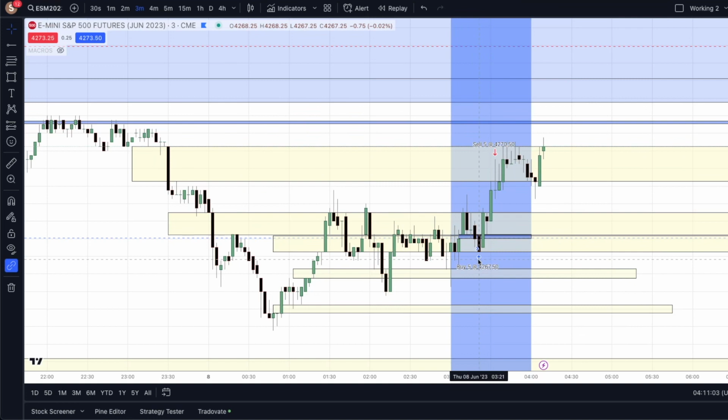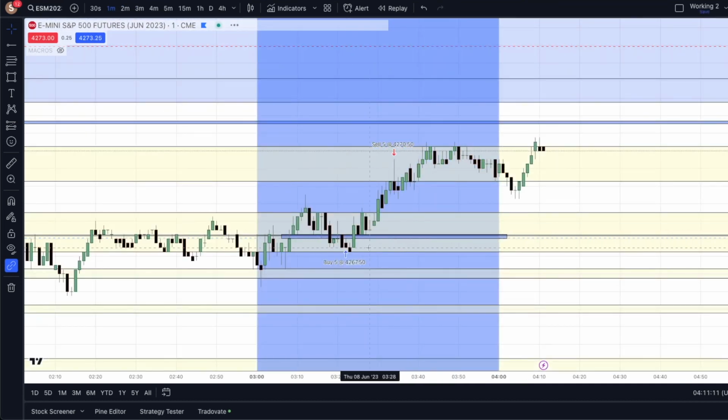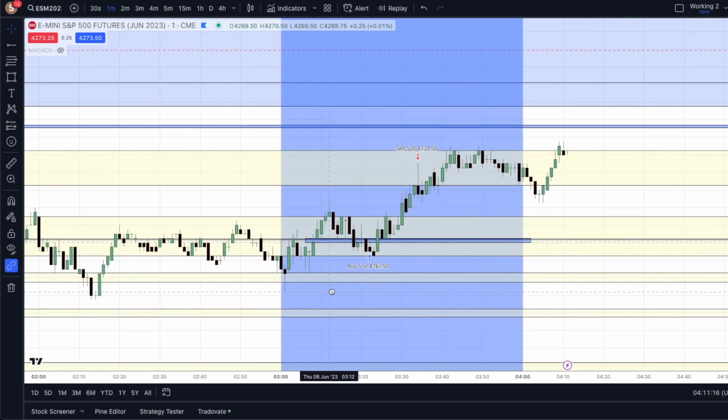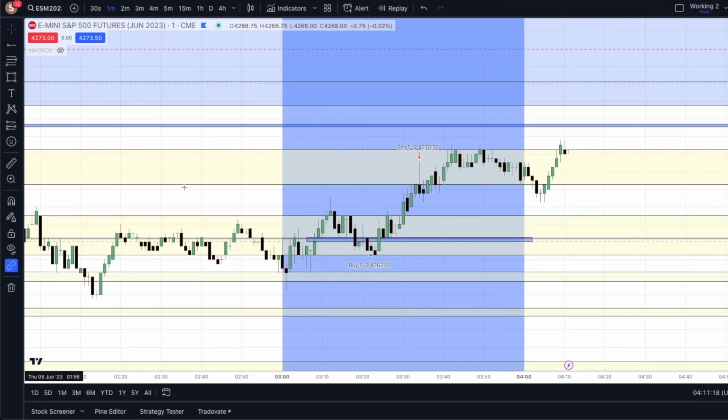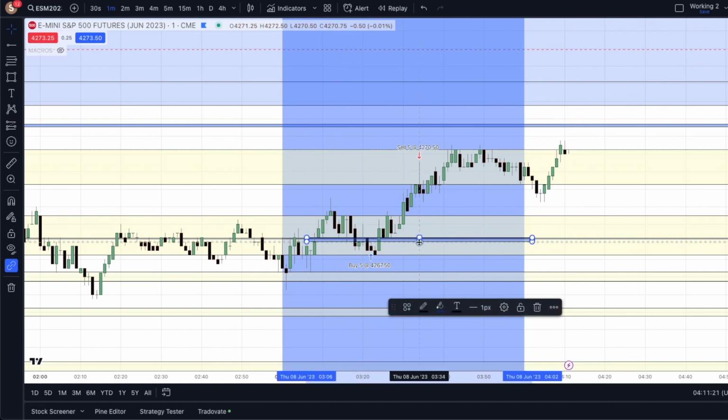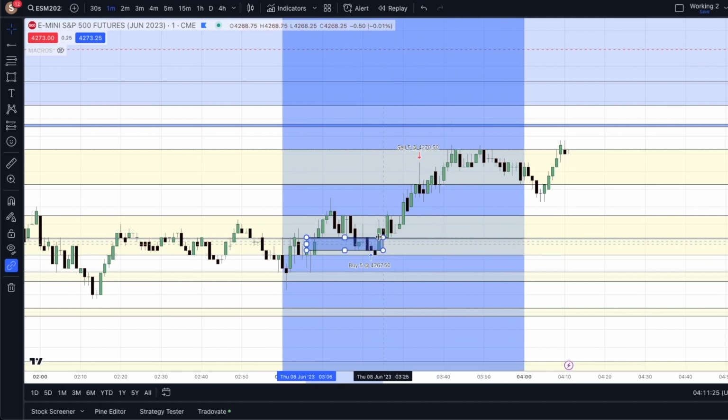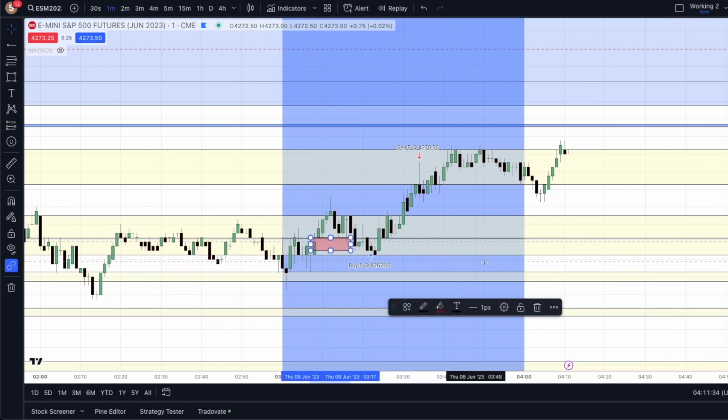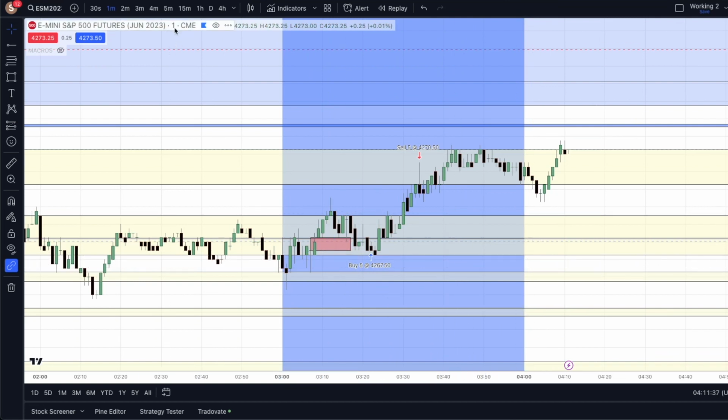Here's where I got in. So there's not a fair value gap there, but there is a fair value gap right here. I'll take my little volume imbalance guy. That's the fair value gap on the 1 minute chart,